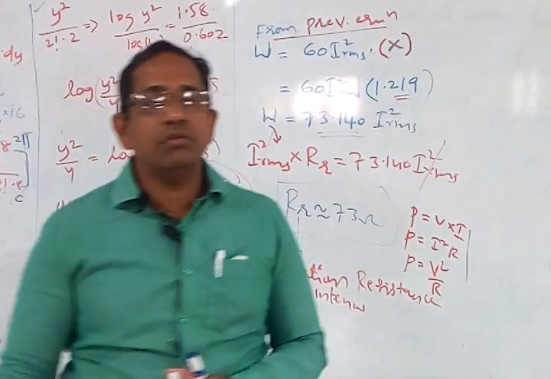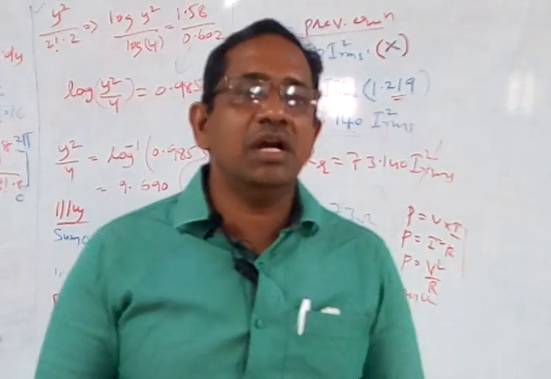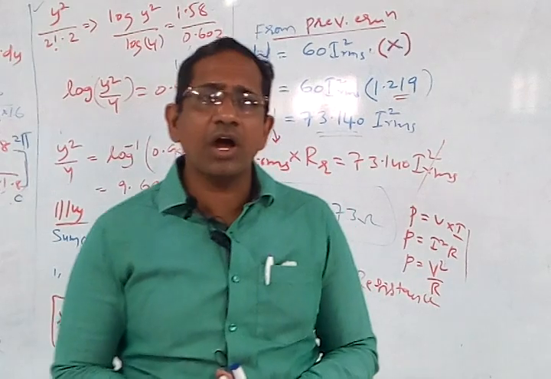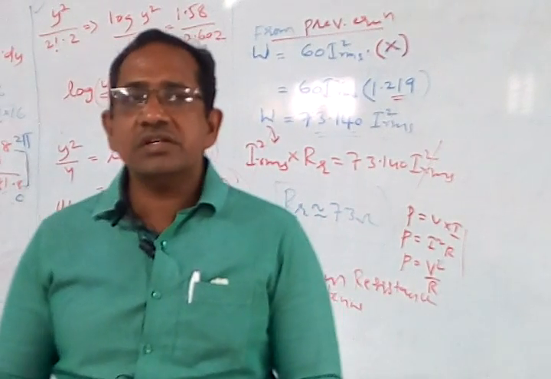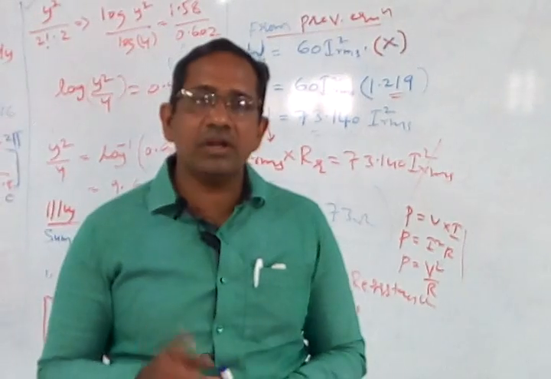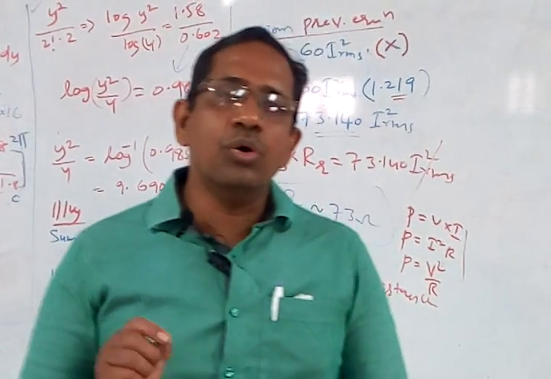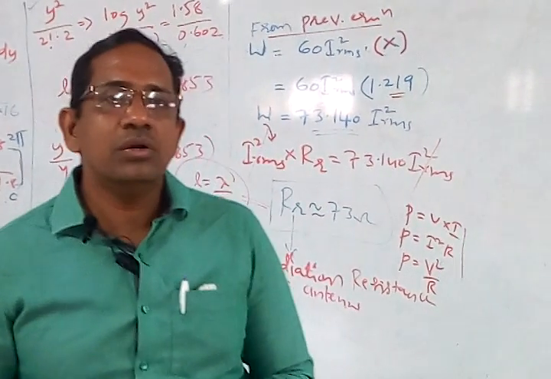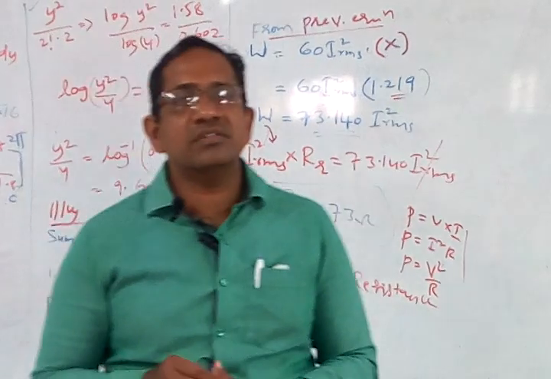That means we took around 3 classes to complete this radiation resistance. Now you can imagine how important the radiation resistance of a half wave dipole antenna is. So that means here the radiation resistance has got many parts. One part is the problematic part, where you are supposed to know the formulas which are required to get the value of radiation resistance when some of the parameters are given to us.